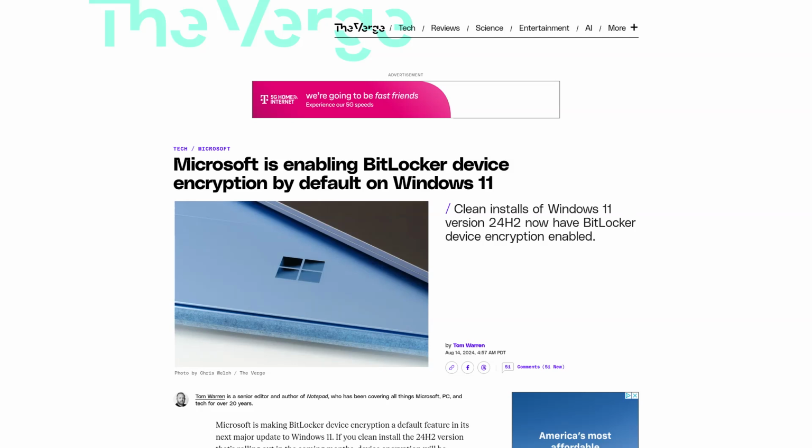As of Windows 11 24H2, BitLocker is now enabled by default on all new installs. So any new computer made after around late 2024 will have BitLocker enabled by default. The professional versions of Windows also have BitLocker enabled by default, so if your computer was provided by your employer,